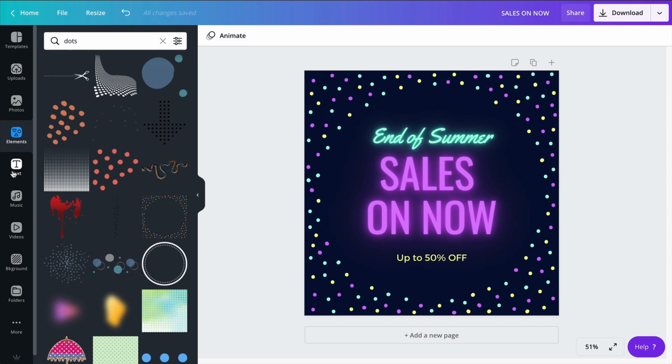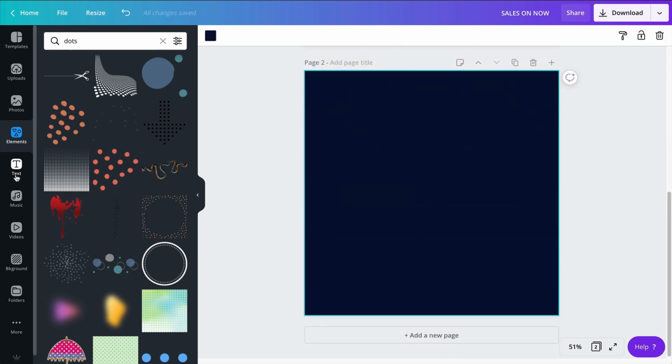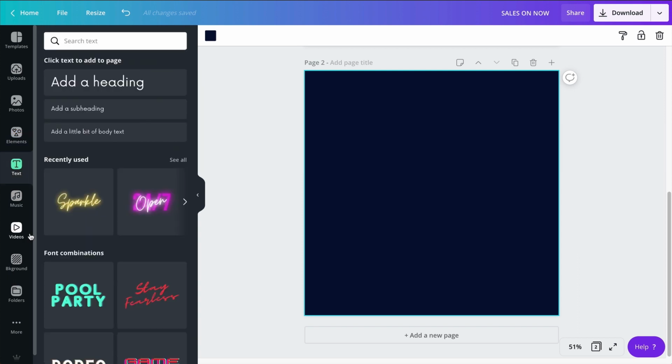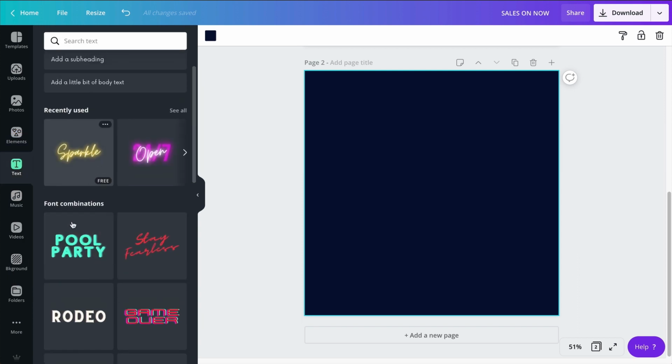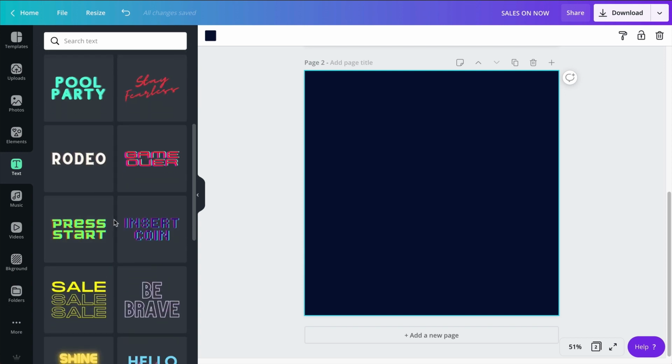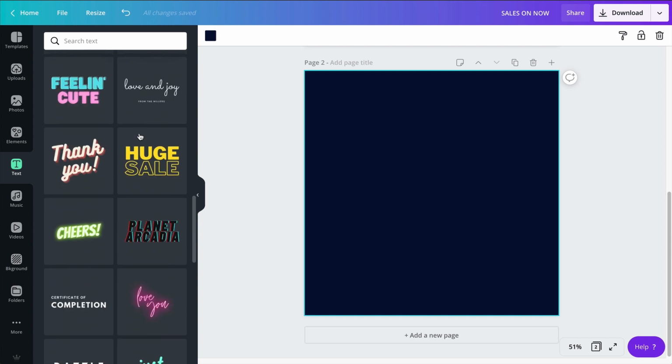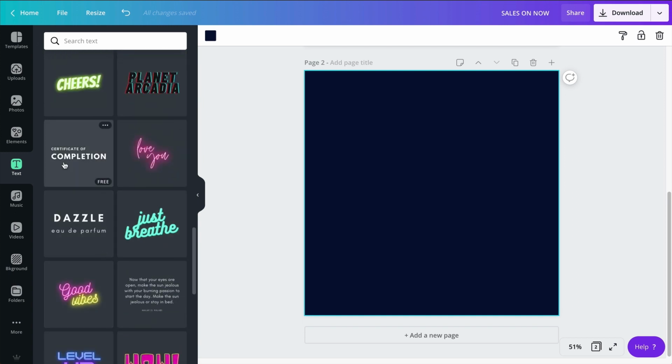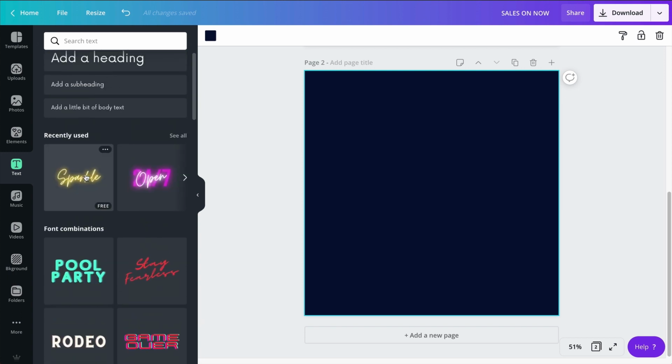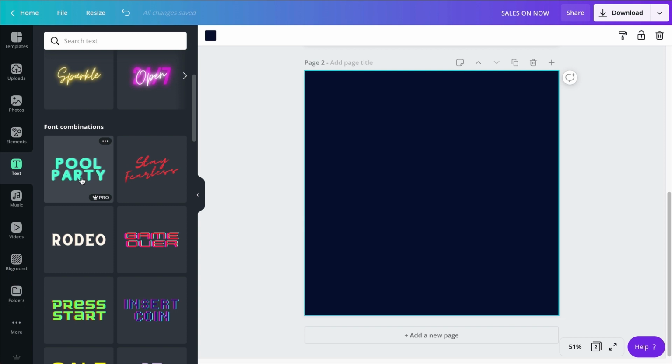So for that, I invite you to simply create a new page and jump on to the text tab right here. So click on text and you will see that Canva is proposing you some new font combinations. And these font combinations used to be black and white, you know, they used to be like this. So interesting font combination, but now since we launched the new text effects, we've decided to also show you some